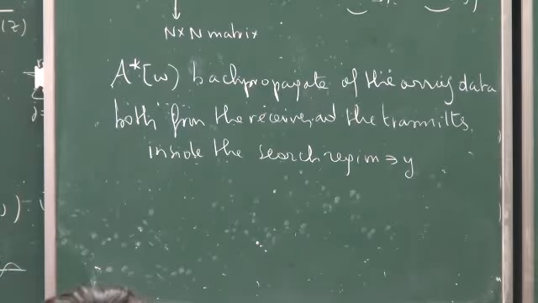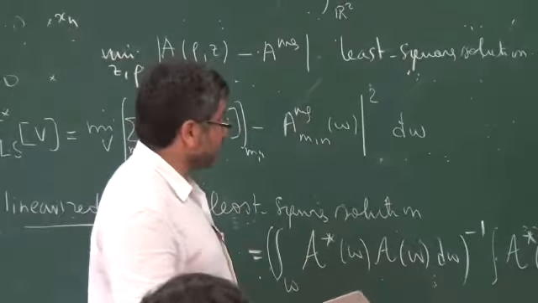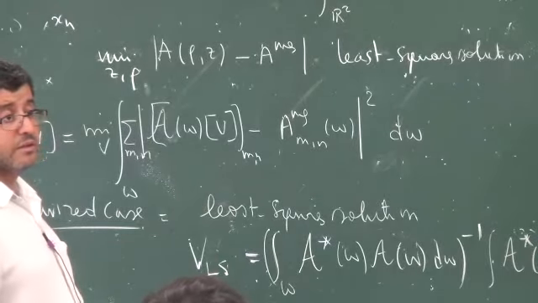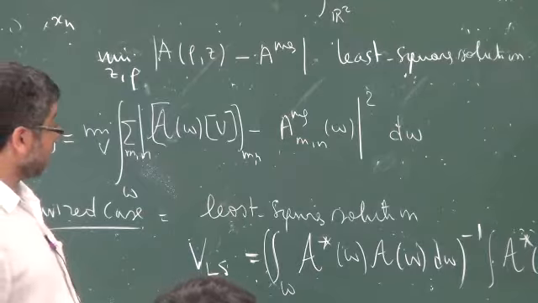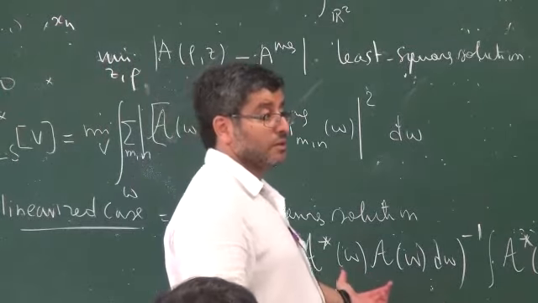Okay, so this is the solution. Actually, we have solved this least square solution when it's linearized. Linearization is to take v close to 1. Okay, we have the solution. This is the solution, but still it's very complicated because you have to do many things. So we don't like it very much, and we have to invert this one.